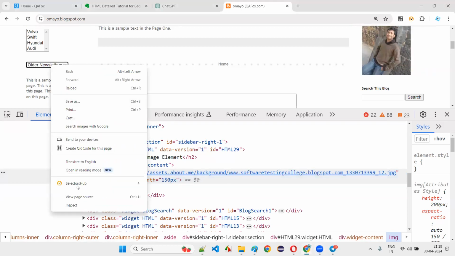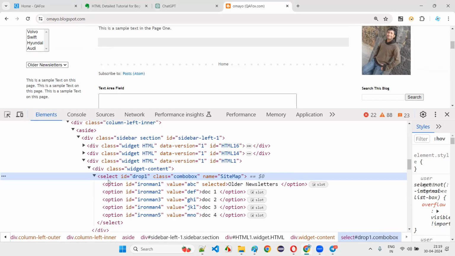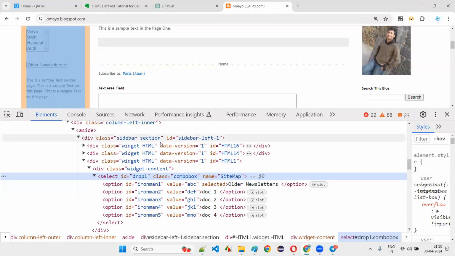If there is a drop-down field, inspect the drop-down field here. We'll get the HTML code of the drop-down field. You see how big the drop-down field is. Select tag is starting here, select tag is ending here. What is the content here? Is the content text in between the starting tag and ending tag? Do you see text as content, or some other HTML code? This is the parent tag of these child tags. Nesting will happen, guys, in HTML.